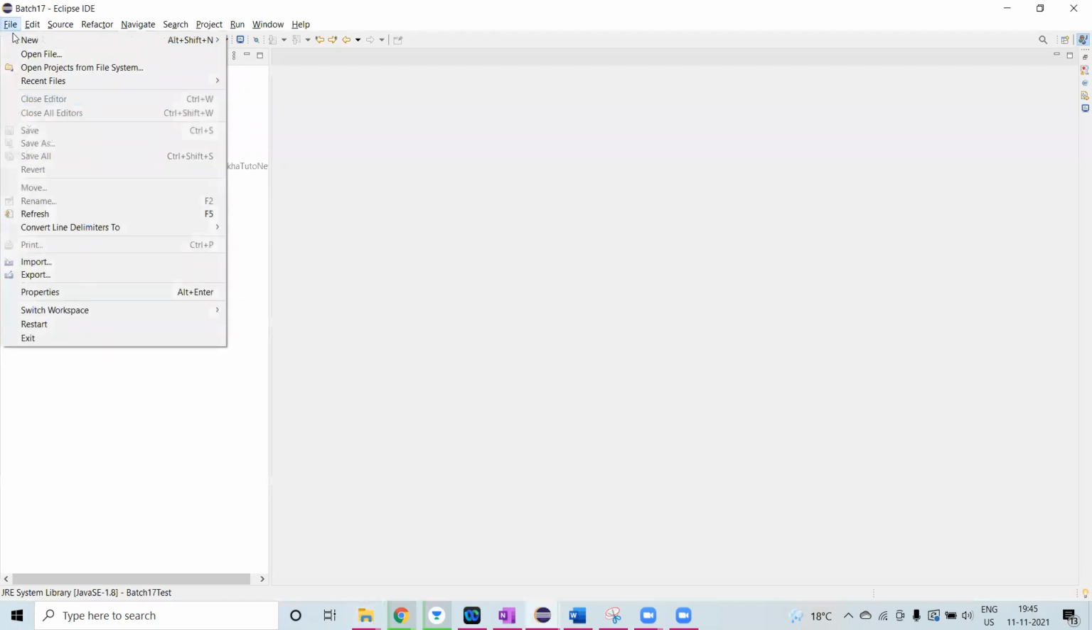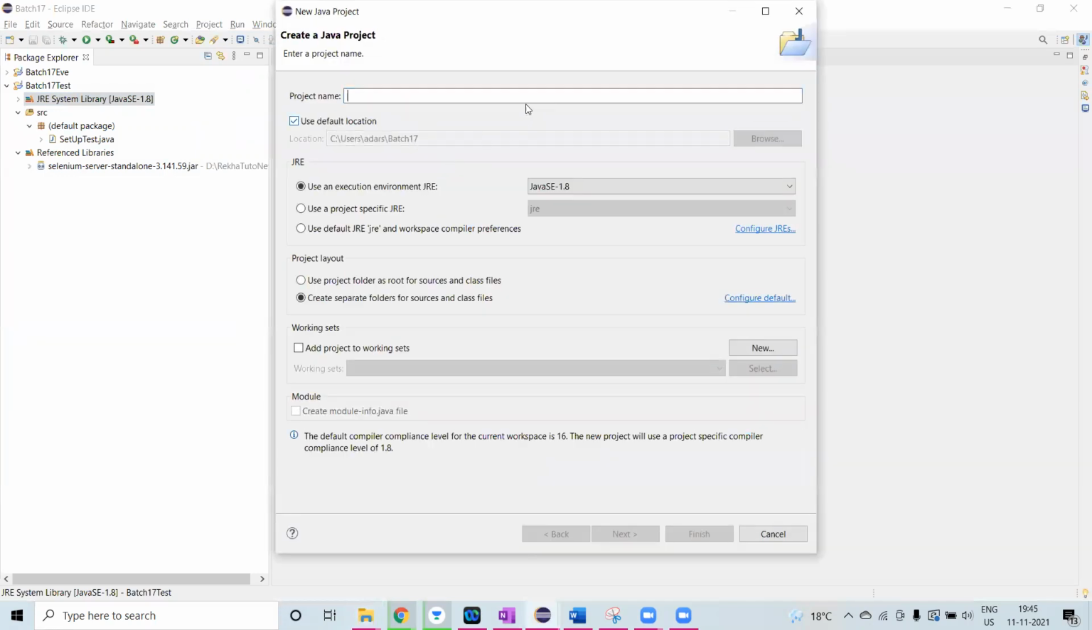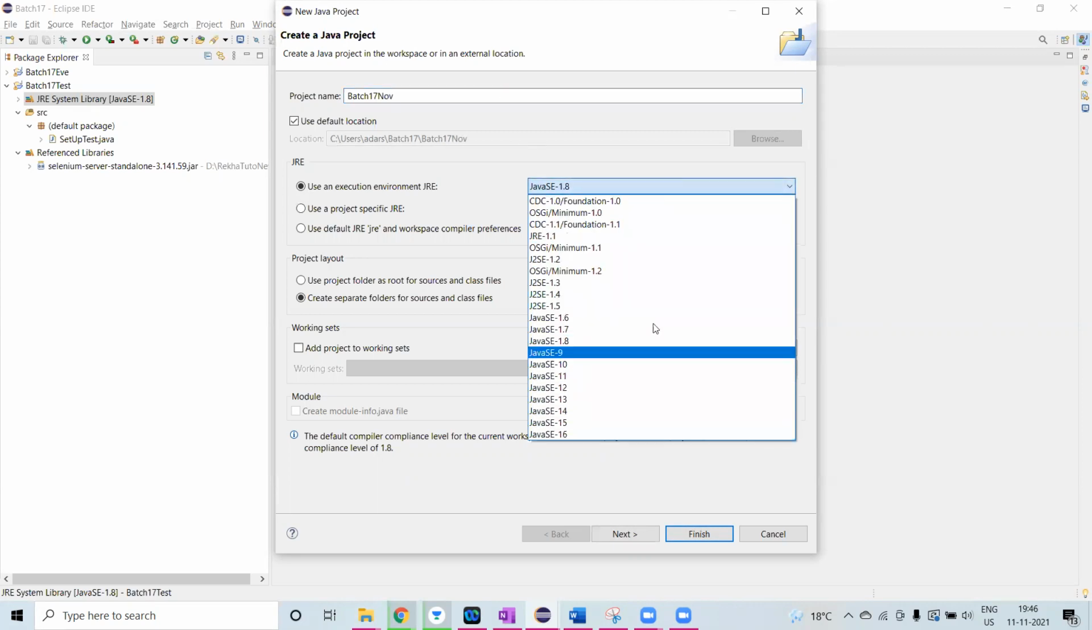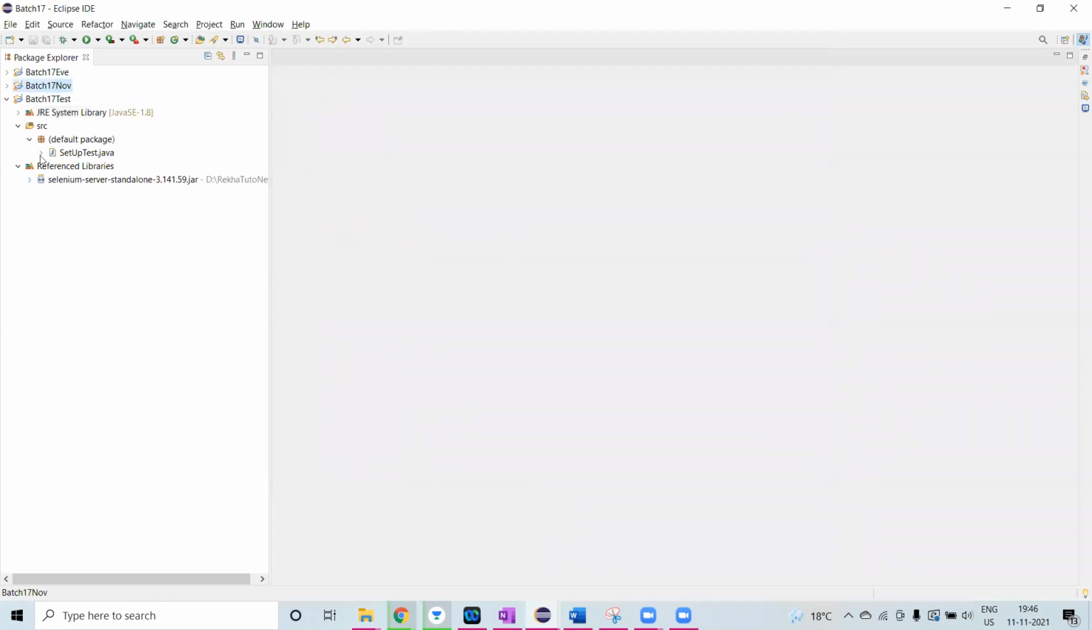Now, when I have Eclipse, I'll click on new. Okay, I'll click on new Java project. I'll create it as Java project batch 17, or today's date, this is November month, right? So I'll create it as November. Here you will have many Java versions, but I suggest you take Java 1.8. Then click on finish. Now your project is ready. This is my project, right? Java 17 November, right? This is ready to use for Java code,